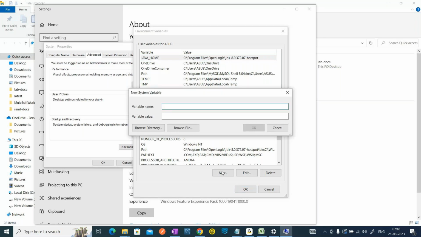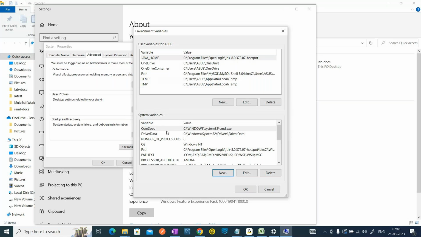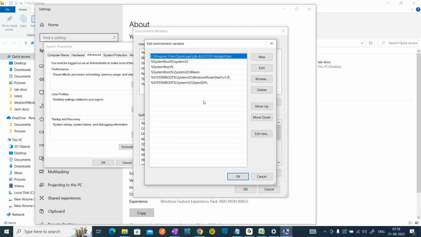First of all, check whether there is any variable. By default, most systems will have, if you are using an old system, a Path variable. Under that, you can see the system root commands. It should definitely be there. Maybe the JDK is not pointing to that. You need to configure that, right? So if you already have the system root commands like this, you can go with the New option, and in the New option you need to give the JDK bin, or else if you're doing it for the first time,